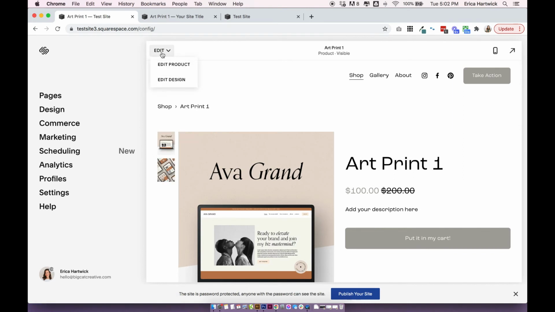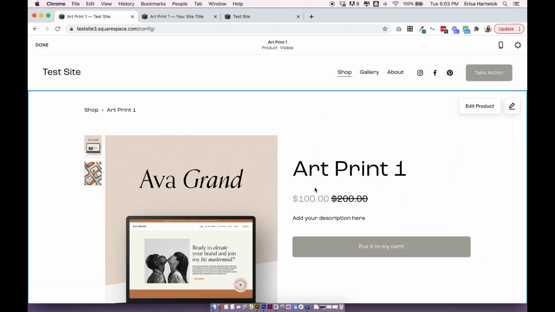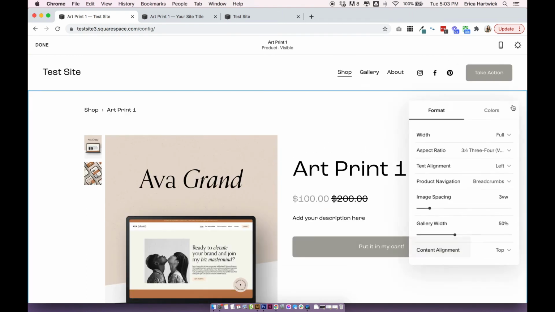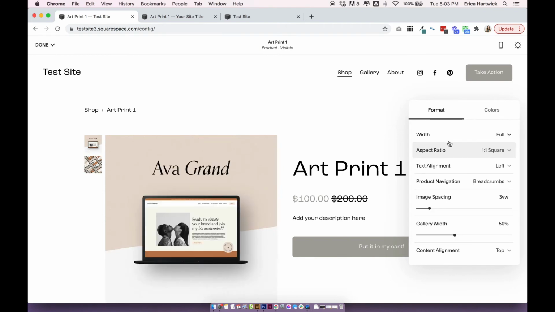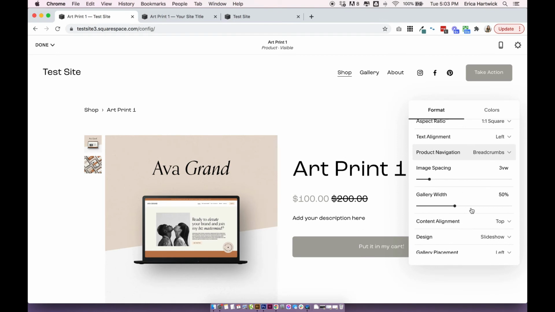So you'll want to click edit and then edit design. And this will open up the page. And again, you'll want to click on that little edit section. So similar sort of options as before. You can change the image, text alignment, the navigation. So this is breadcrumbs here. So it basically shows you what categories it's going through. You could change this to none, or you could leave it on. You can change your spacing,